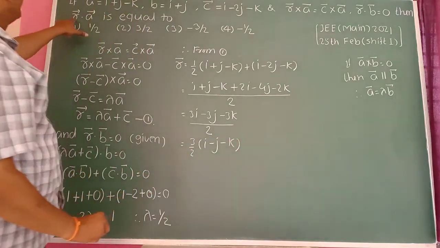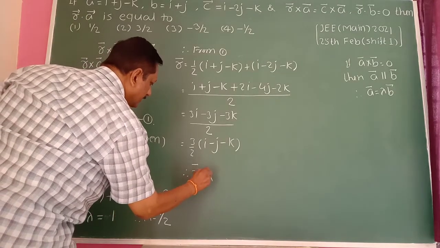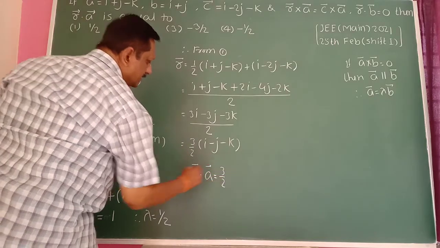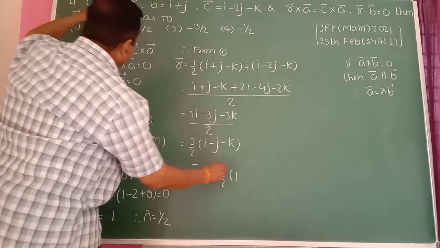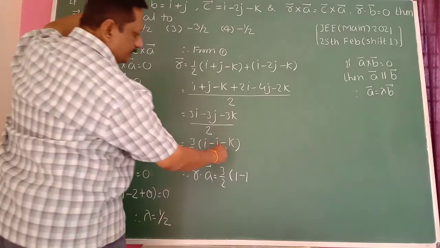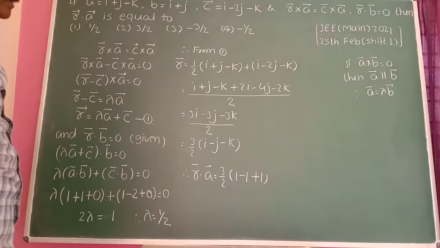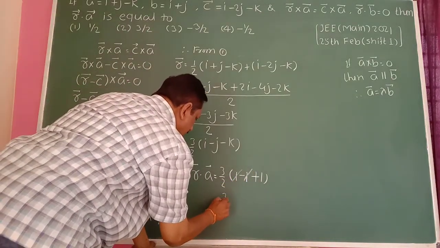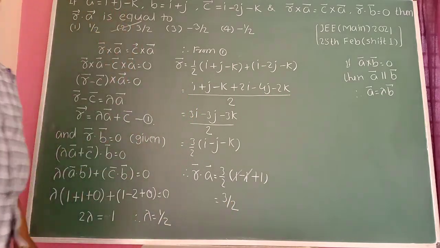Here we want r bar dot a bar here. So therefore r bar dot a bar is equal to 3 by 2 is a constant here. Keep as it is. So this dot this here. 1 into 1 becomes 1. Then 1 into minus 1 is a minus of 1 here. Minus 1 into minus 1 gives a plus of 1 here. Okay, it's a dot product here, a bar dot a bar. Therefore minus 1 plus 1 cancels here. Therefore the answer is 3 divided by 2 here. So second one is correct option here. 3 by 2 is the answer.